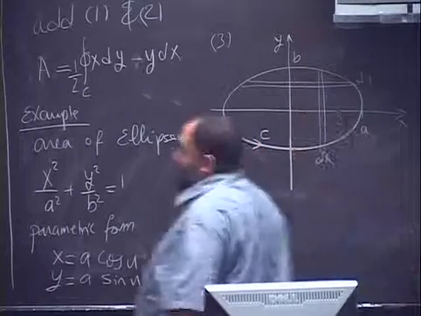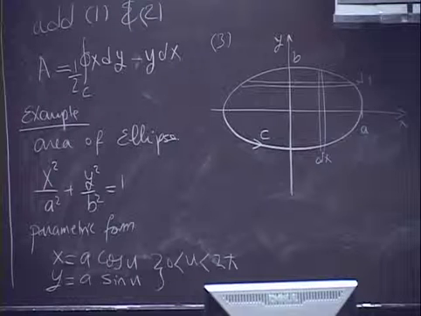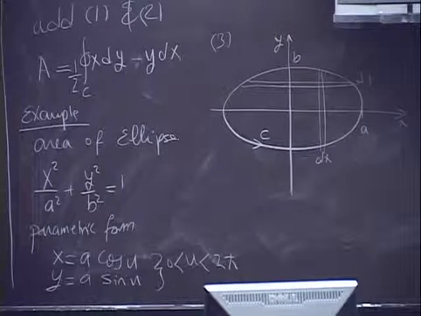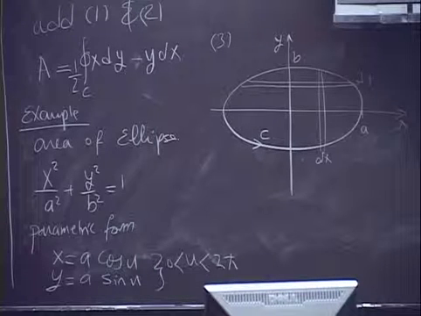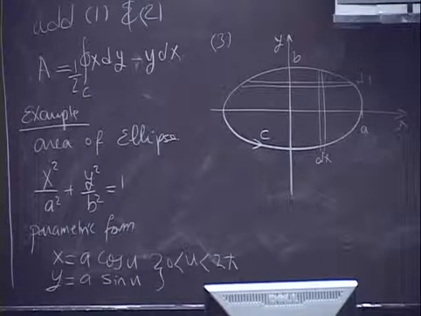So now I can calculate the area. I can calculate the area from the above equation. Area is just equal to 1/2 the integration over the closed contour of